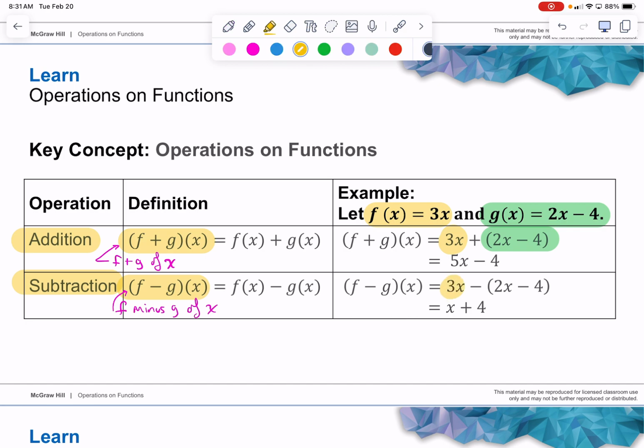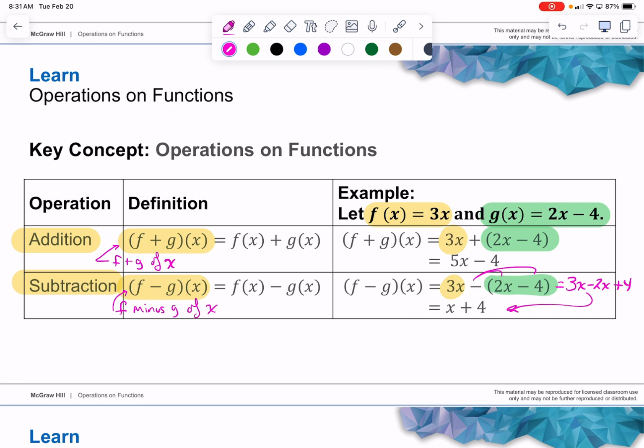So if f of x is 3x and g of x is negative 2x minus 4, then you're going to have 3x minus, and notice how all of g of x is in parentheses there. And we've got that minus outside of it, which means we're going to have to distribute that negative and then combine terms. So that's going to give me 3x minus 2x plus 4, which combines terms to be x plus